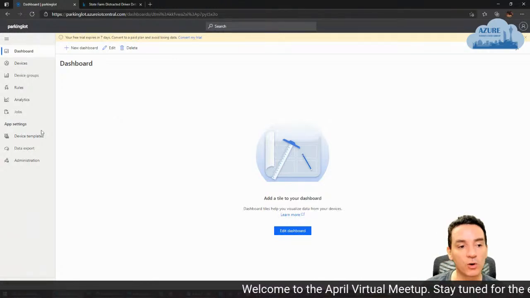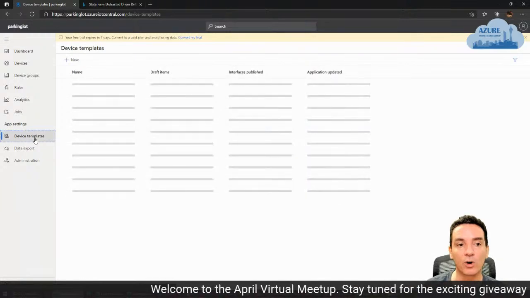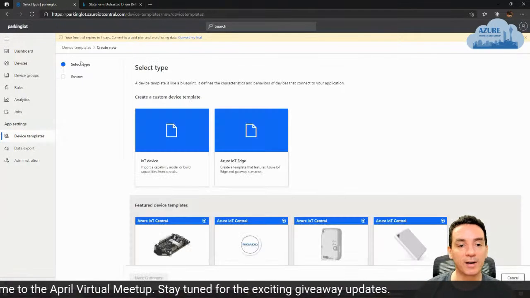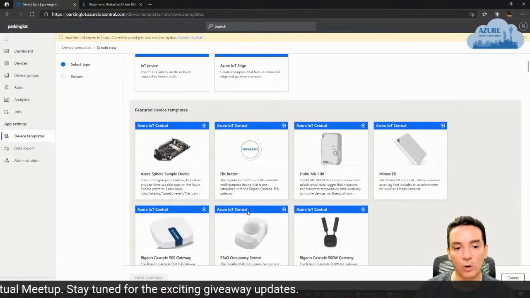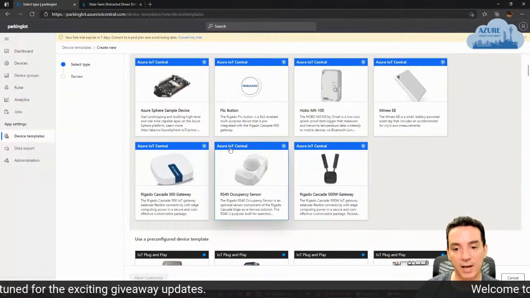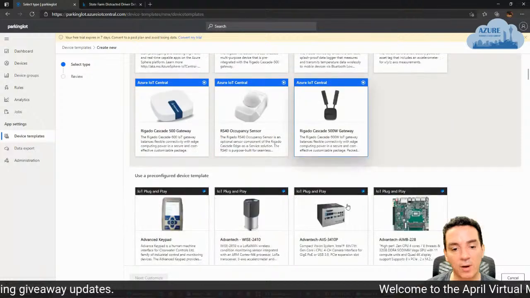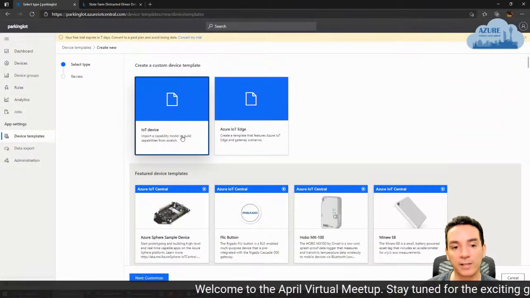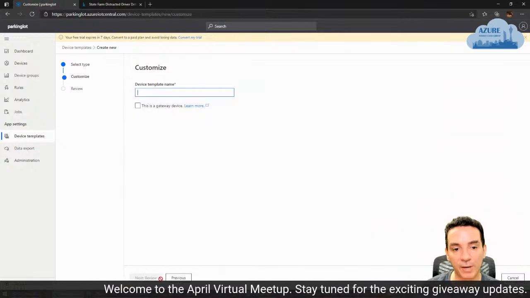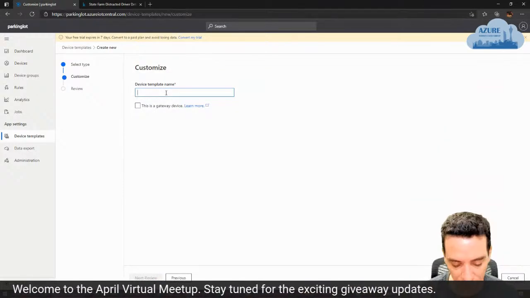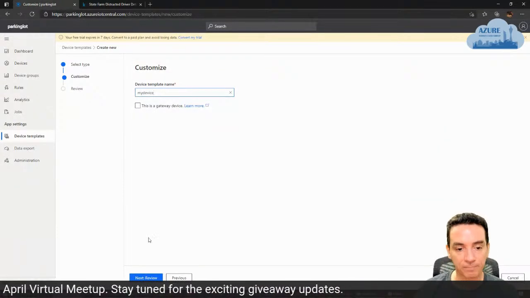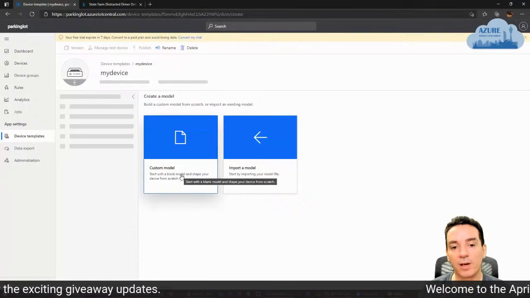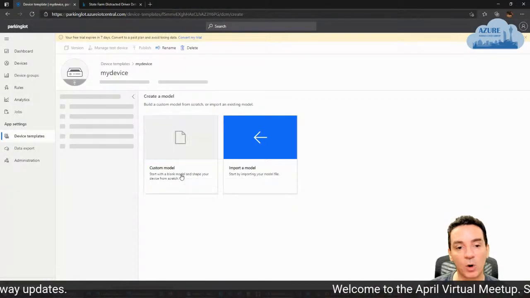When you have your devices, because you are going to connect devices to this website, you can define some templates, and you can use already existing devices like the Rigado gateway or an Azure Sphere, or you can create your own template. If you want to create your own template, you can give it a name here, for example, my device. And then you can start to create the capabilities and the model for your device.